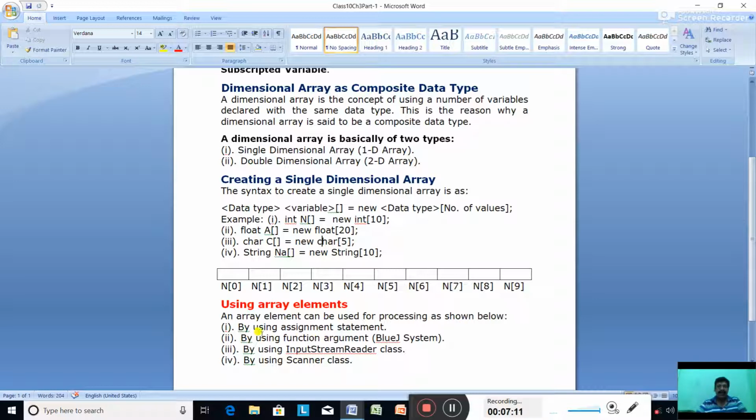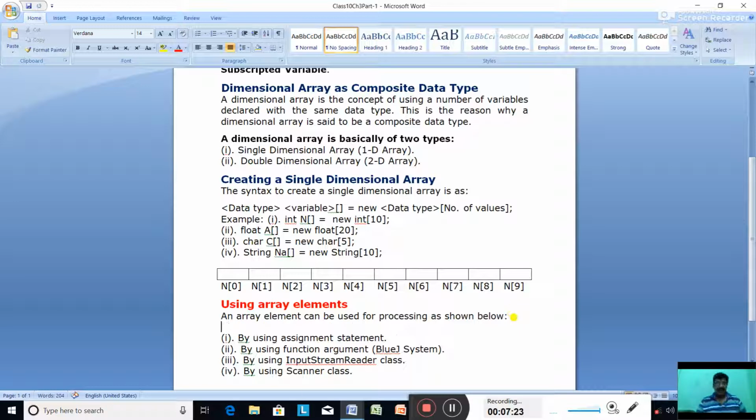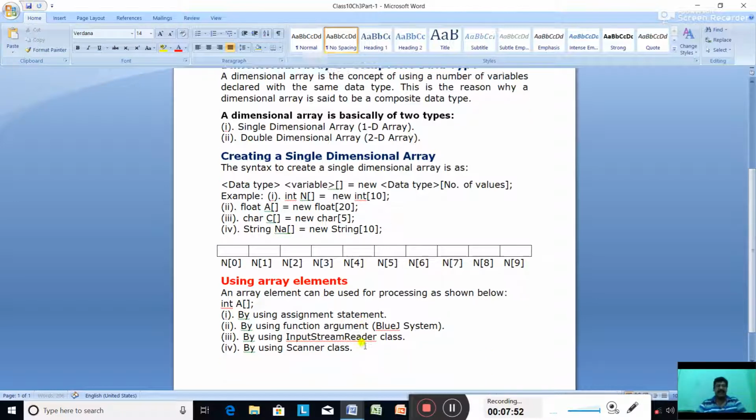Now that is the array name and subscript. Array name and subscript. Like this, I'll show you. Like int, suppose int and array name, suppose a, and square bracket, semicolon. So an array with empty square brackets represents an unfixed number of cells. That means it can store any number of elements in it.